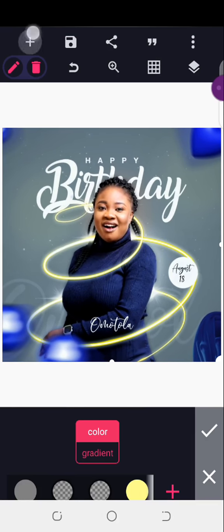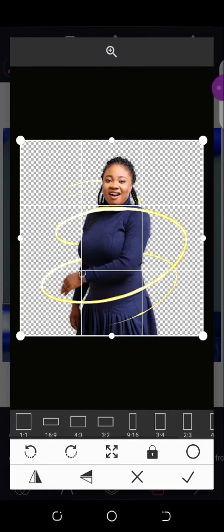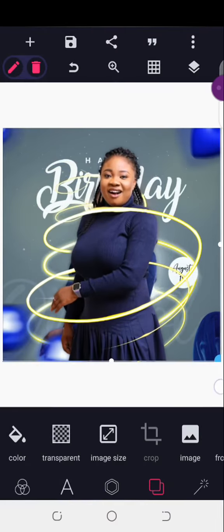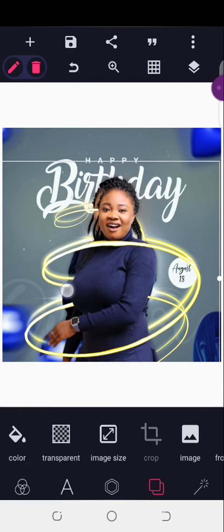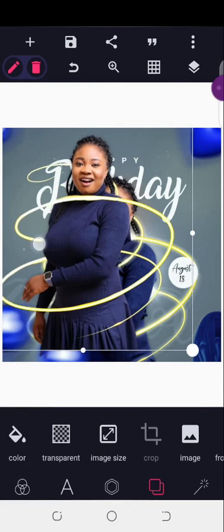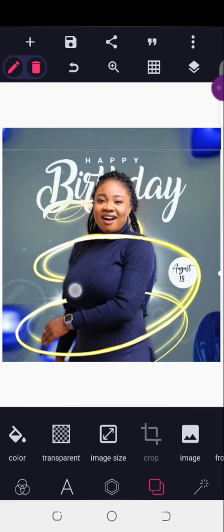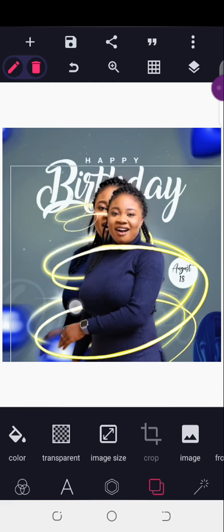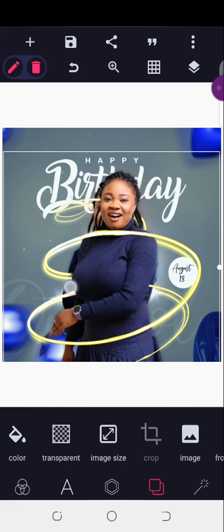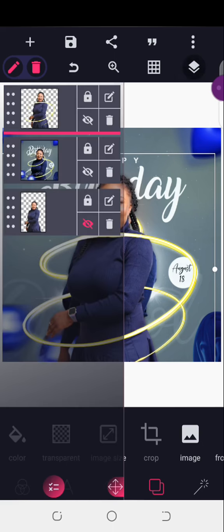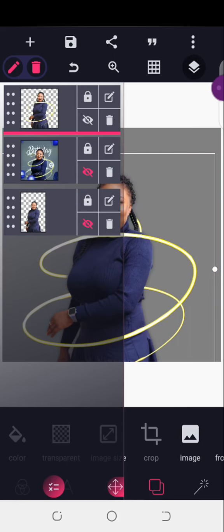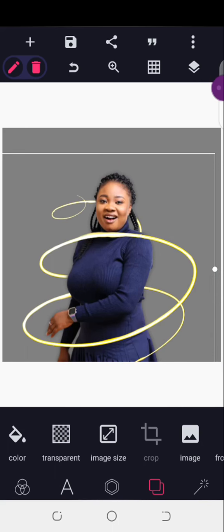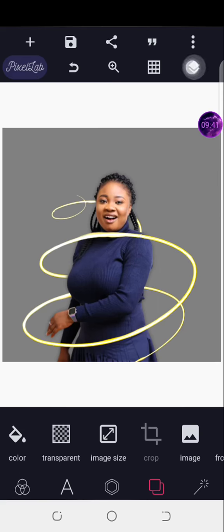All right. So the next thing I'll be bringing the picture of this lady that we have here. All right, so this is the lady now. Now let me just ignore what I'm having at the back. All right, so we've actually gotten this one. This is actually the most difficult part. So let me just show you how to probably just